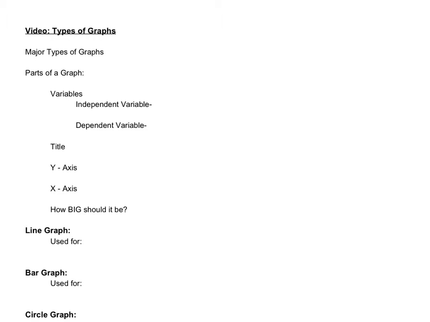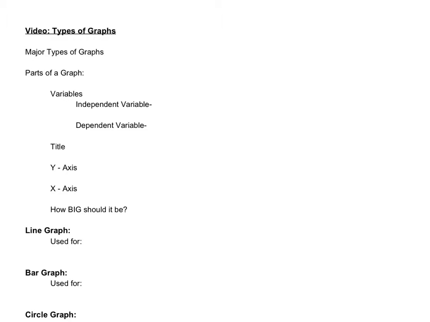This video is on types of graphs. There are three major types of graphs that we are going to use this year in chemistry. They are line graphs, bar graphs, and circle graphs. So line graphs and bar graphs have a set of different things that we need to always include when we